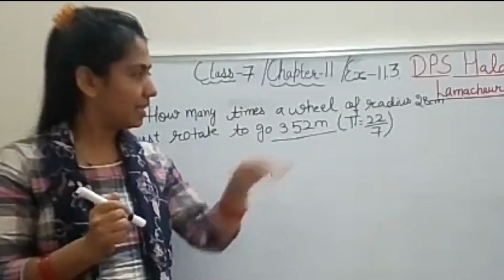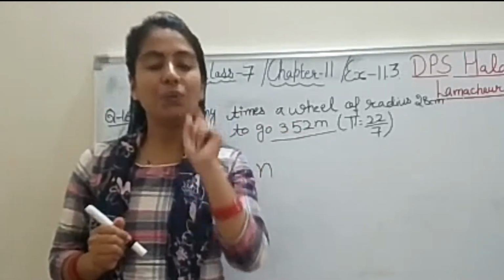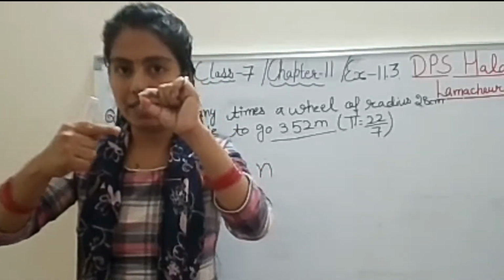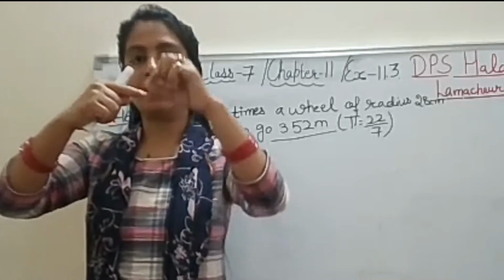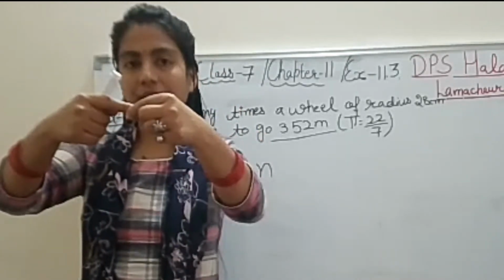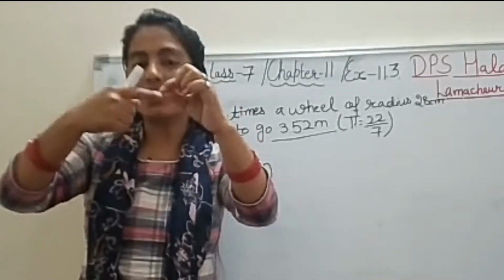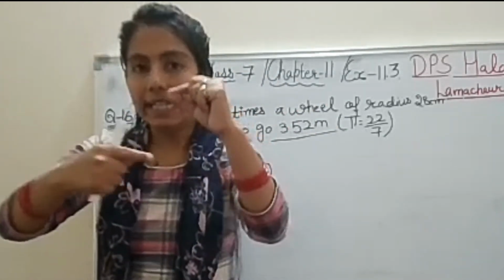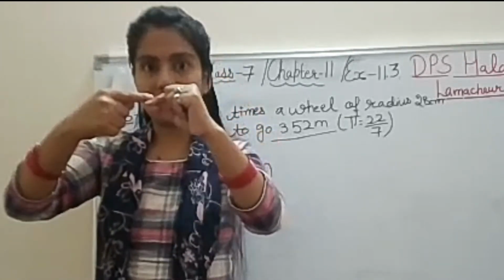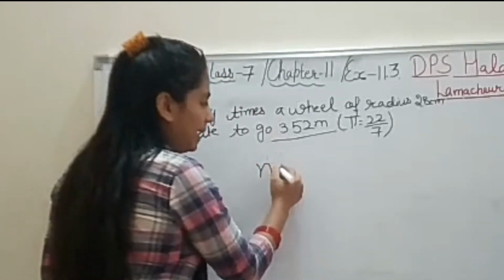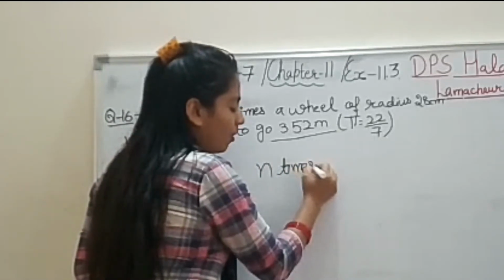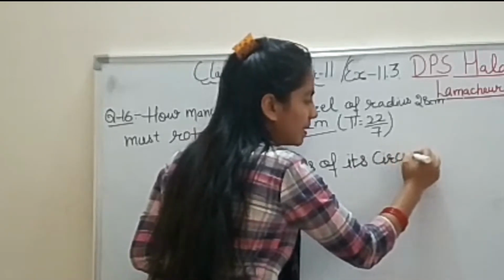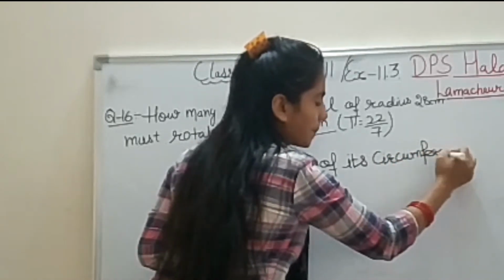Right, student? And number of rotations means, see, from this center, one wheel rotates till this point. This is called one rotation. Similarly, we go with this. This is called the second rotation. And this full rotation is called the circumference. It means the wheel will rotate n times of its circumference. Yes or no? So it will be n times of its circumference, meaning the total perimeter, the full circle circumference.